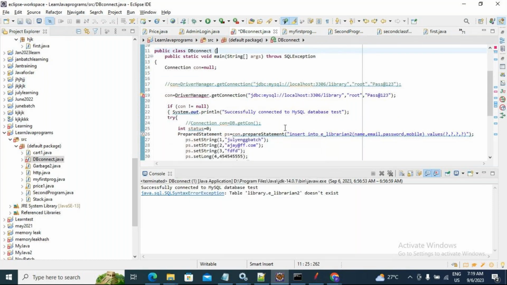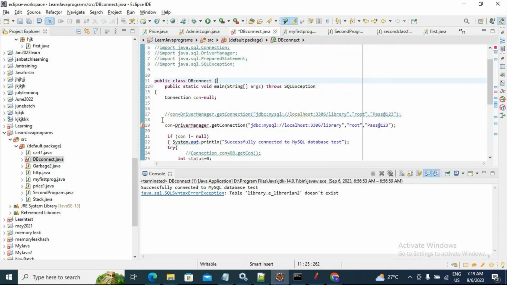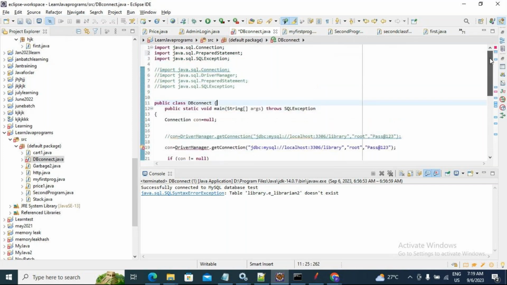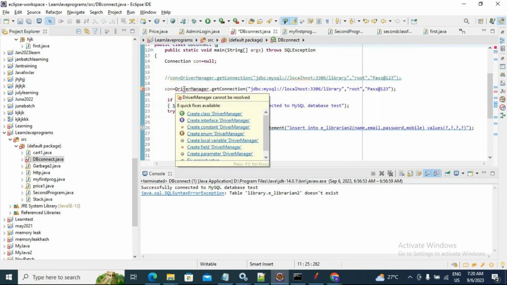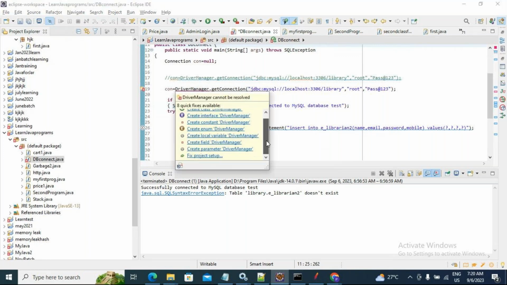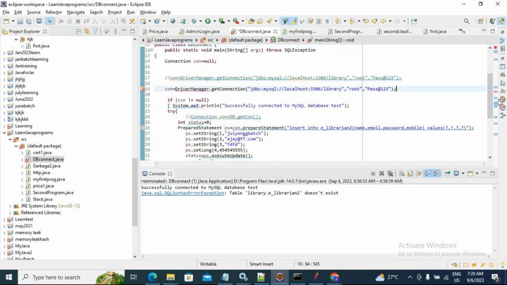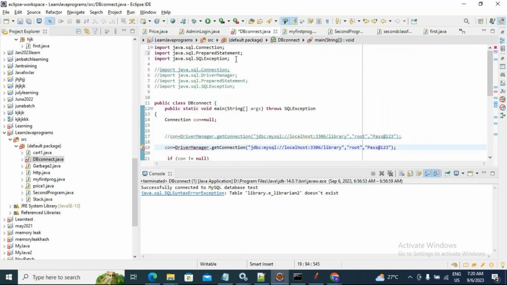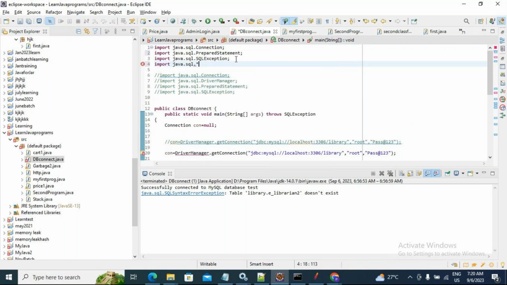Right, so now the only error we see is in this line, the driver manager. In fact, it should also give you the suggestion to import the package for driver manager. It is not giving a proper suggestion. So what you can do is try saying import java.sql.*. Okay,